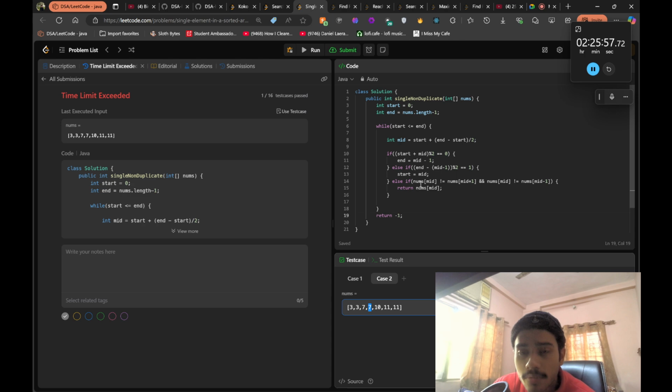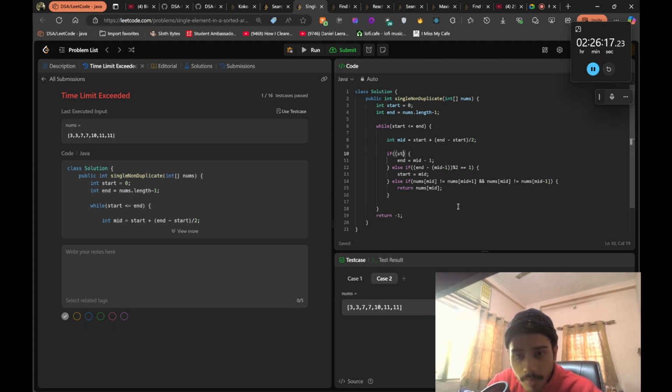Let's leave this else if case, let it be like that. So this is the middle element, so if middle minus 1 is at the even index,